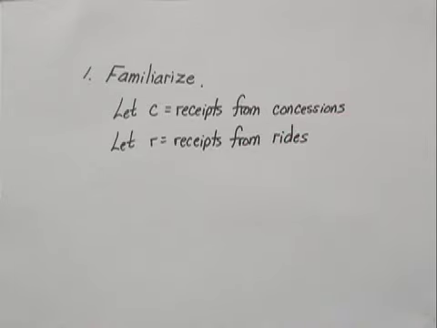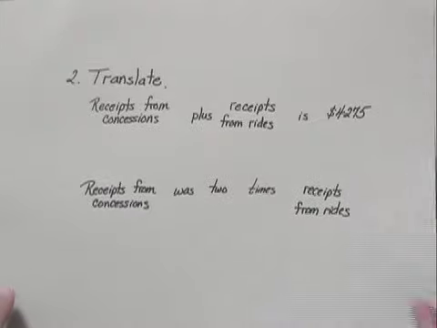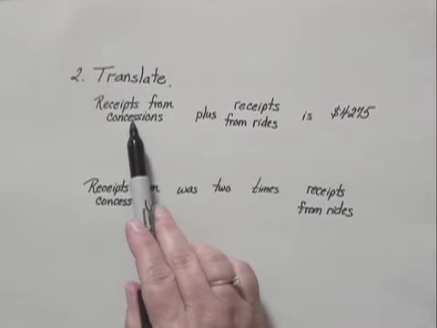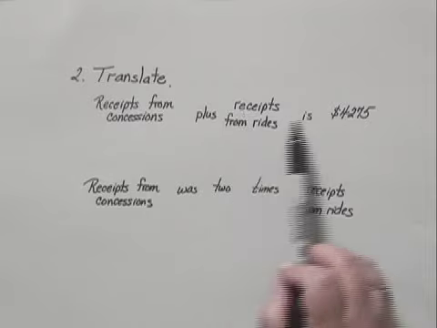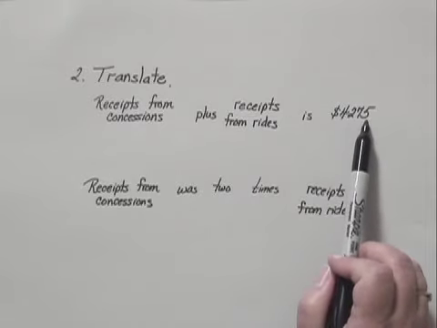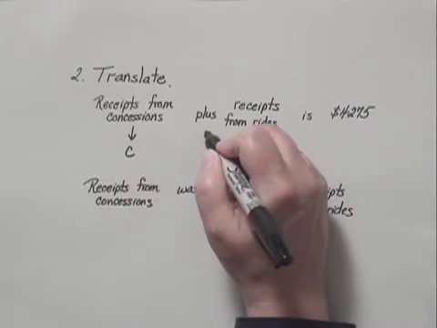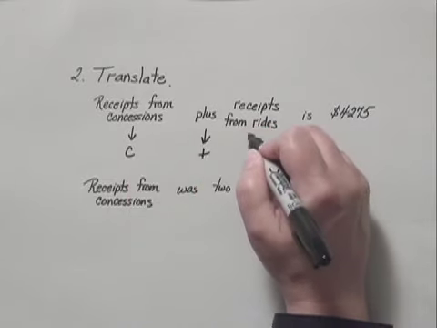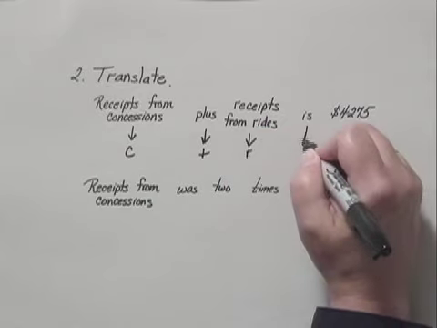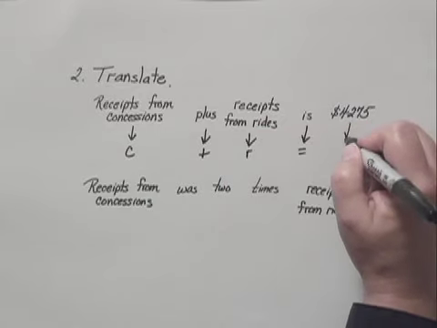Step 2 is to translate. We have two statements. We had the statement that the receipts from concessions plus receipts from the rides is $4,275. That translates now to C plus R equals